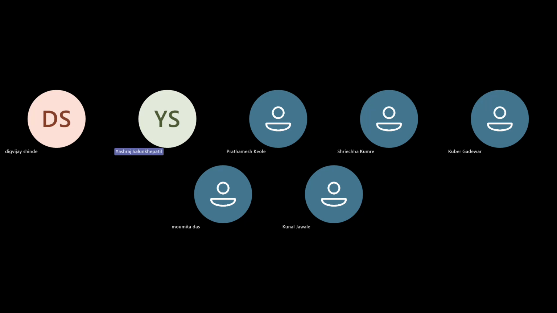The rest can start presenting, starting from Digvijay, Shrecha, Kuber, Momita, and Kunal. I think Kuber must not be there. Kuber was not there. Kuber, your DOXYS assignment is also not there. Please mail me your DOXYS assignment. Sir, it was in group. Shrecha sent you in mail. Okay. Shrecha, just a minute. Who was not there?